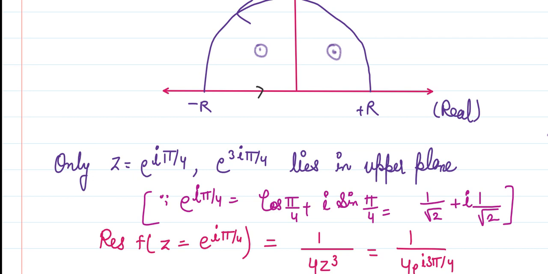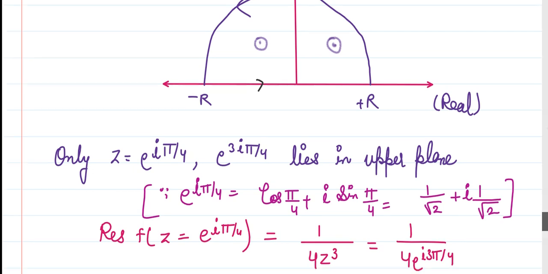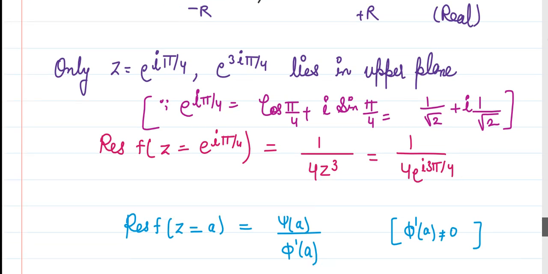So next, residue. There are a lot of methods to find residues, but the most interesting way is the differentiation rule. So what is the differentiation rule? Let me explain. Whenever you want to find the residue of a function at z equals a, where z equals a is a pole for that particular function, there is a condition: you just put the numerator as it is, but the denominator you have to differentiate, phi dash a, and you are going to apply the differentiation and then put z equals a.